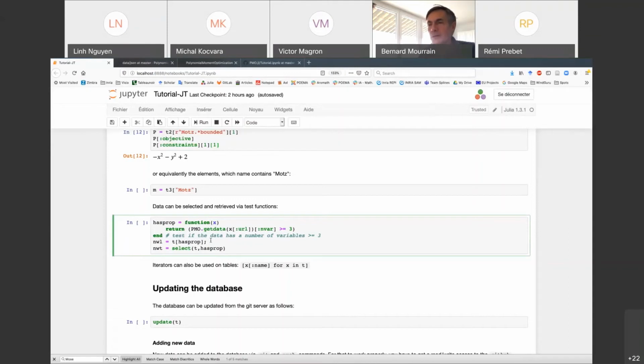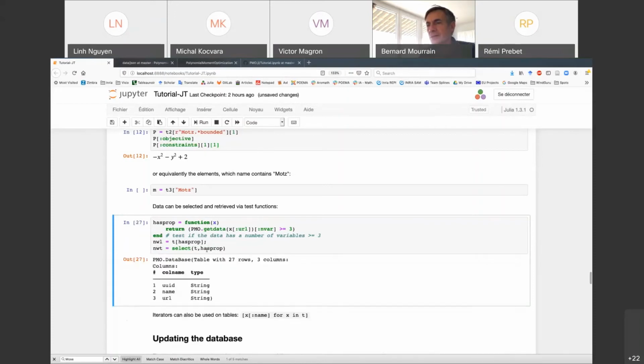Here you get the new list of entries with this property, and a new table which has this property. So here we have a new table which has 27 rows.